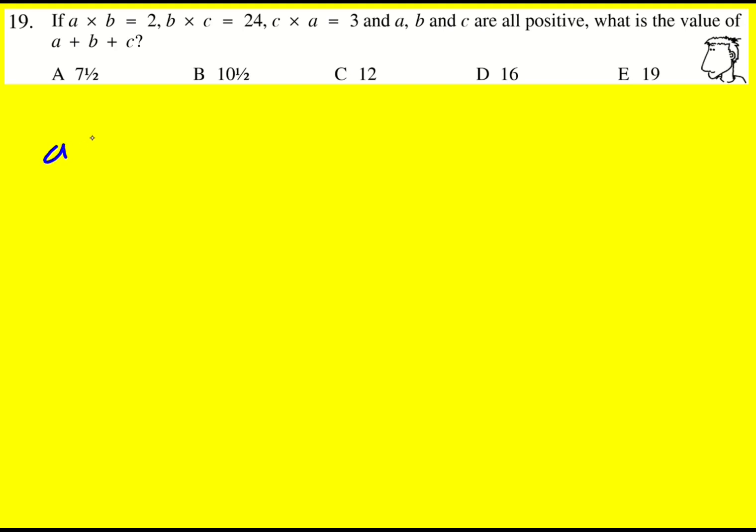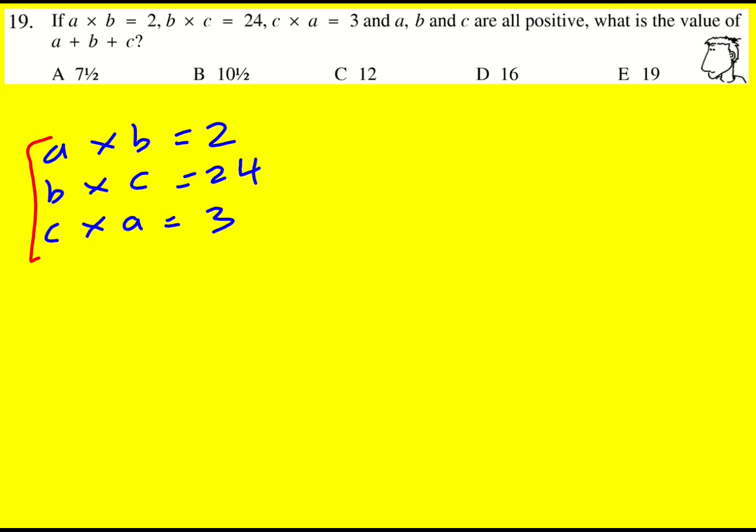Really good approach for this question is actually to take each equation. I'm just going to write them down in line. And notice that we've got an A in two of the equations, and same with B and C. So if we multiply them all together, a bit like with simultaneous equations, you can add equations, you can multiply